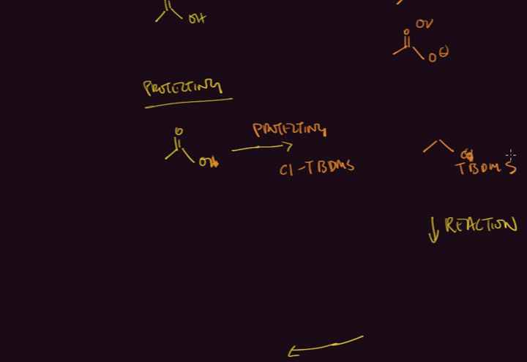And TBDMS stands for tert-butyldimethylsilyl ether, or at this point, it's just silyl. But it does this number where you have the O bound to the tert-butyl DMS, and that protects it